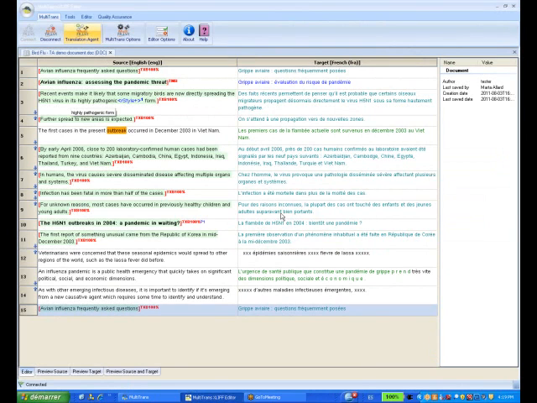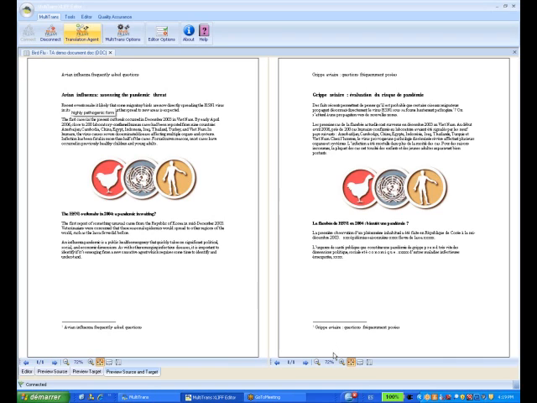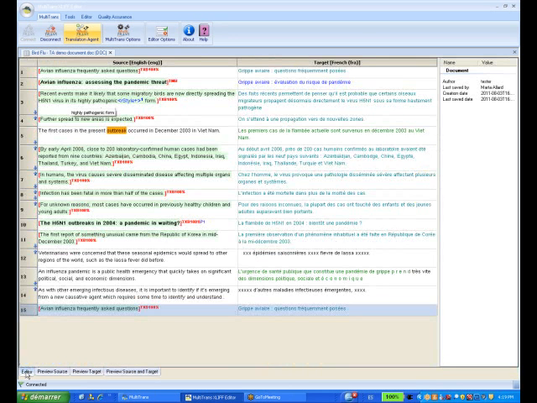At this point, I have a first version of the document where I have extracted all the information I can from the system. Now, what we could do is preview the source and the target, which is going to allow us to see not only the source document, but the target document final format side by side and judge whether everything is looking okay. So I can always zoom in, zoom out, and browse through the different pages if I had a longer document. What I can also do from the editor is to review the quality of the document,